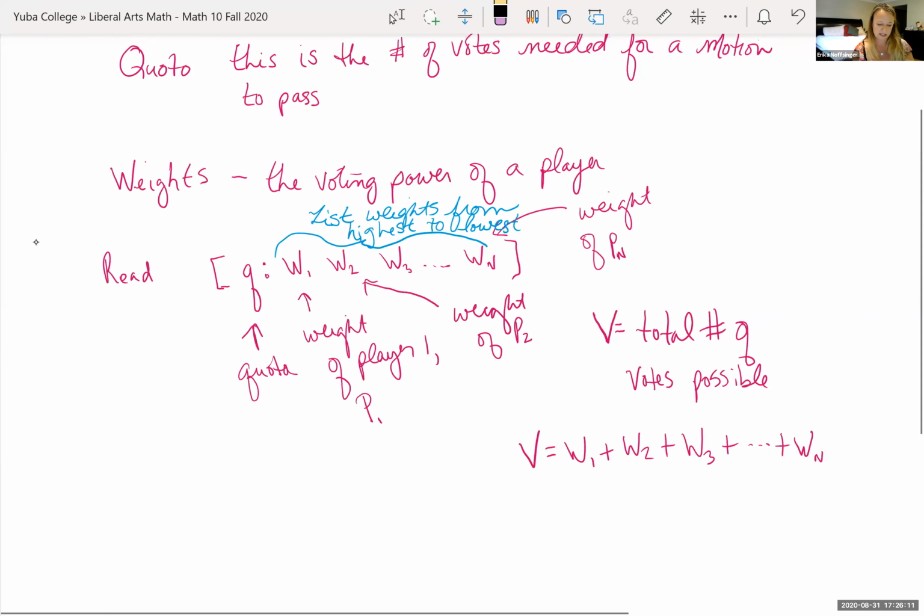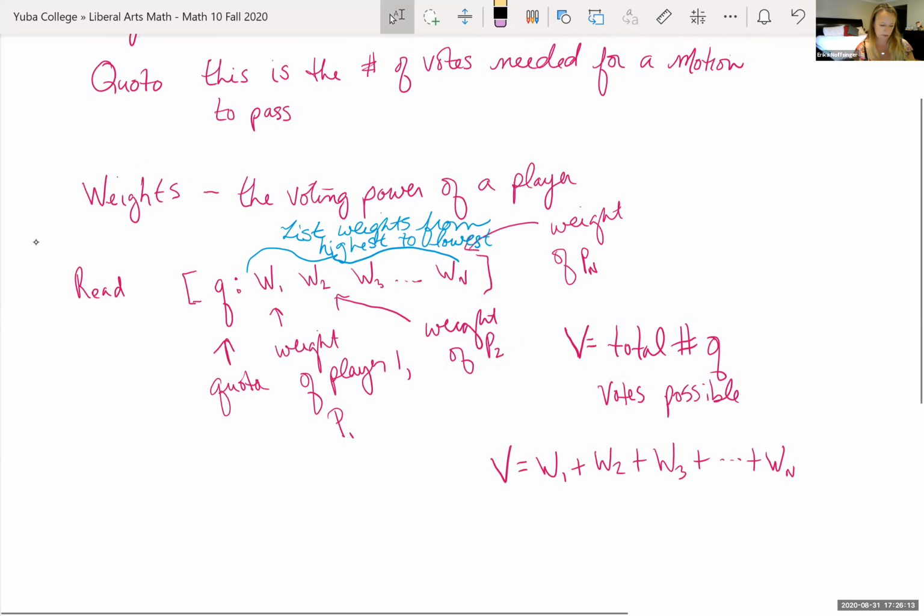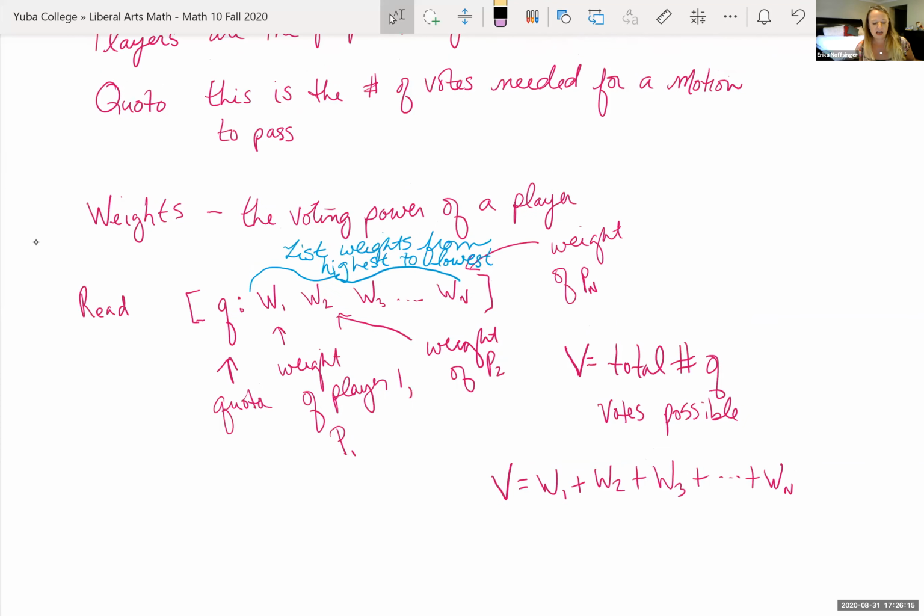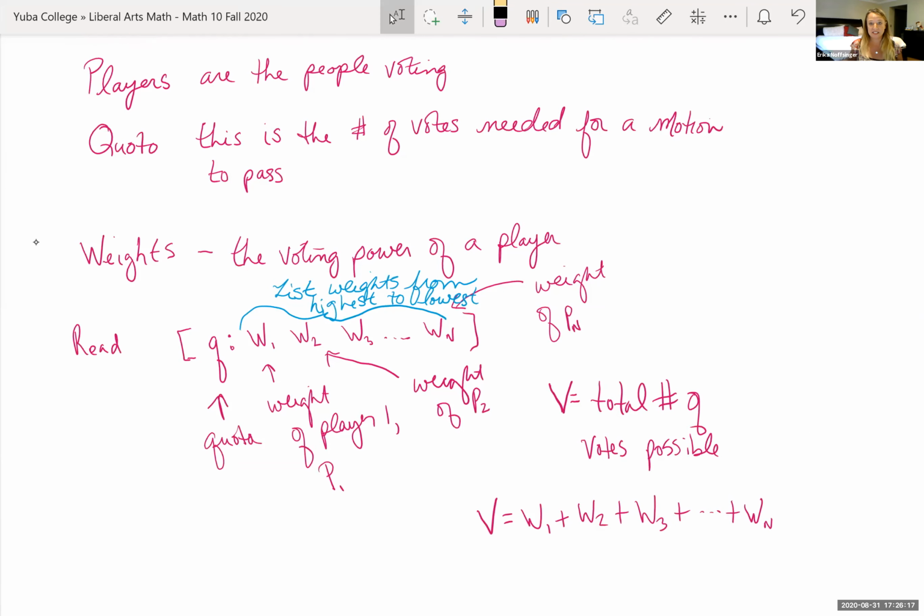So a couple of things I noticed when I was preparing for the lecture are things that you guys need to remember. If you don't remember these things, I'll quickly go through them while we're talking about it, but then you might need to go back and look this up. You need to know how to find a percent of a number. So if they want 75% of the vote, you need to know how to find 75% of the voting weight